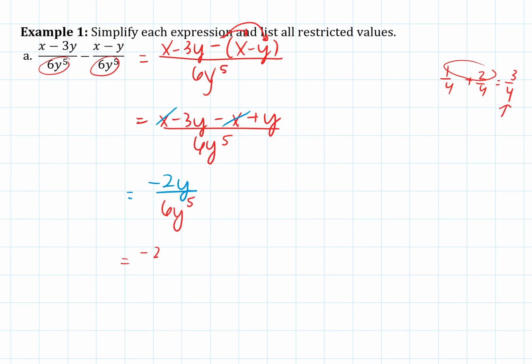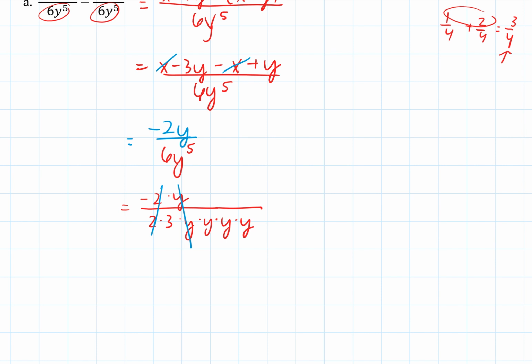Well, negative 2y means negative 2 times y, and 6 is 2 times 3. And y to the fifth means y times y times y times y. Expand it or don't, do if that helps you cancel. Clearly we can cancel the 2's because I'm multiplying by 2 in both the numerator and the denominator. I'm also multiplying by y in both the numerator and the denominator. So it appears that just the negative sign is left up top. So that's a negative 1 over 2y,